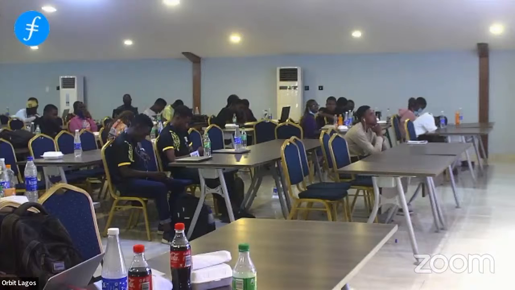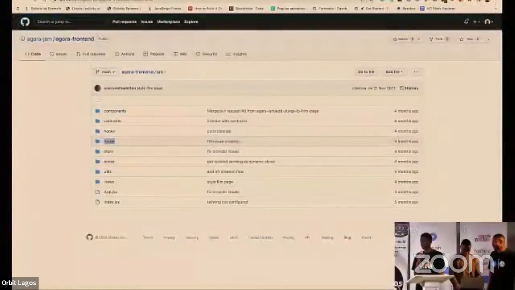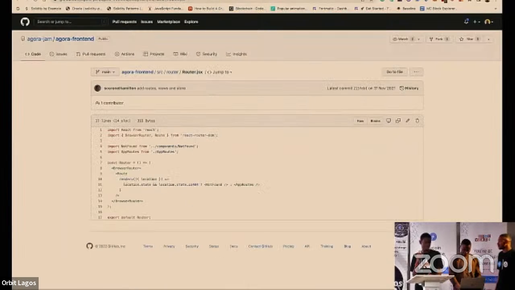Okay, so as regards the hackathon, if you're really interested in the hackathon, I think you should be on the WhatsApp group. So try to scan and join the WhatsApp group. Since I already talked about us having a short time frame to release a product that is going to utilize IPFS and Filecoin, what we plan to do now is give out to everybody who is participating in the hackathon